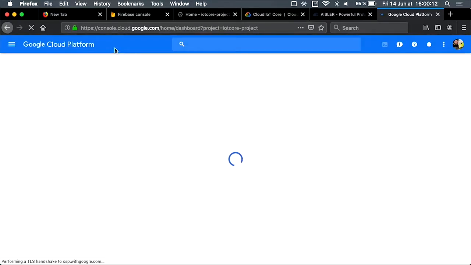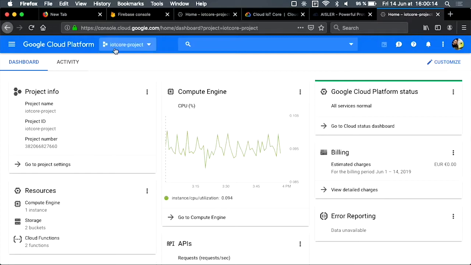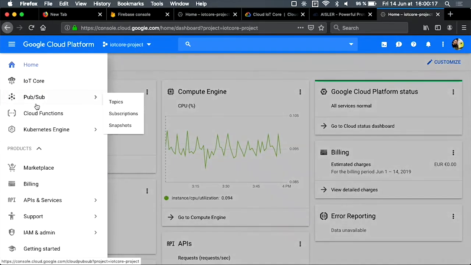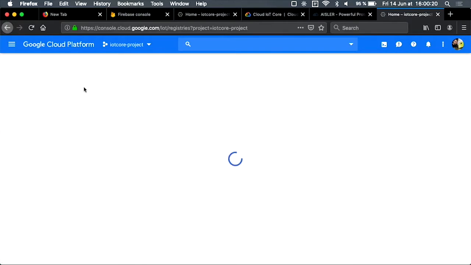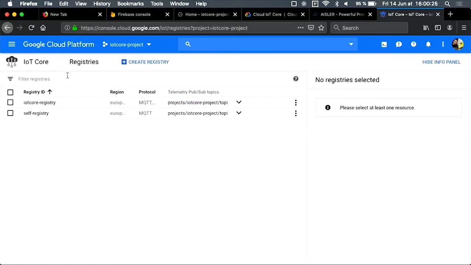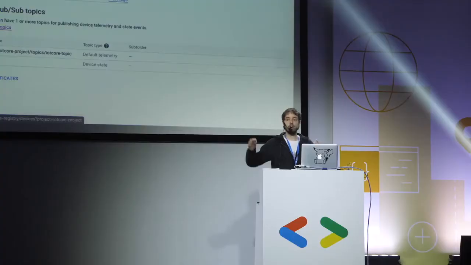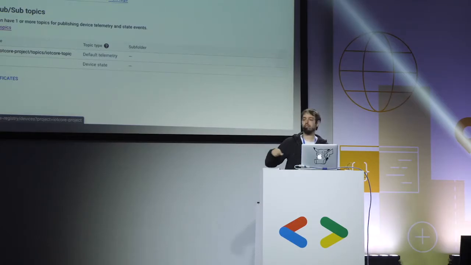So the first thing you have to do is to go to your Google Cloud platform console, console.cloud.google.com. You select your Google Cloud project. Then you go to IoT Core, and you select a registry. A registry is like a bucket of devices. If you want to create a temperature device, we can name our registry temperature registry, for instance. And if we want to sell those on the internet and we have thousands of devices, all those thousands of devices will be inside that registry. It's just a box to tell you, okay, all my temperature devices will be there.